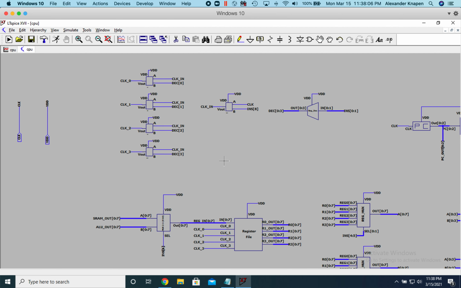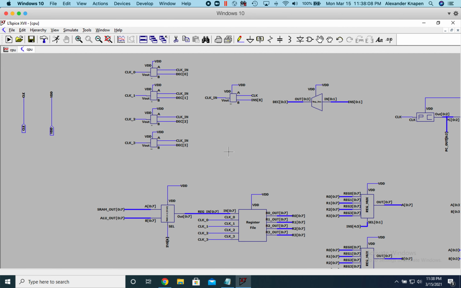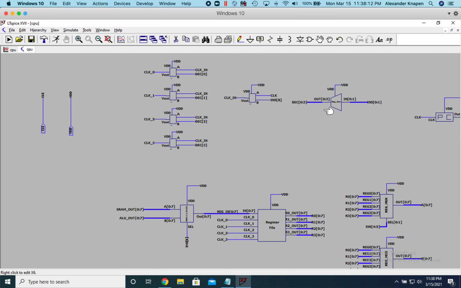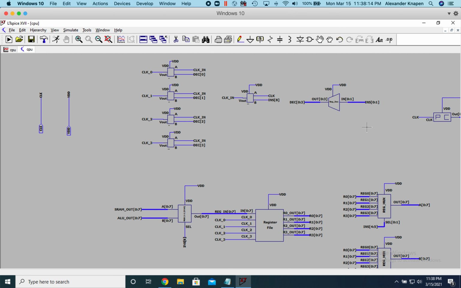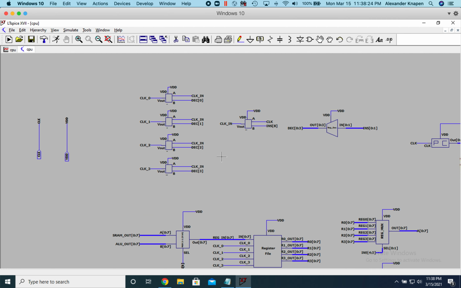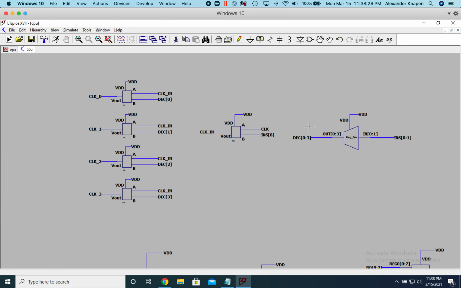The video that we'll be making describes the register file. It uses a decoder that uses instruction bits 0 and 1, which correspond to the destination register bits for either taking the output of SRAM or the output of the ALU and putting it in the register file. And so this basically tells us, decoder 0 through 3 tells us whether we want to write to register 0,